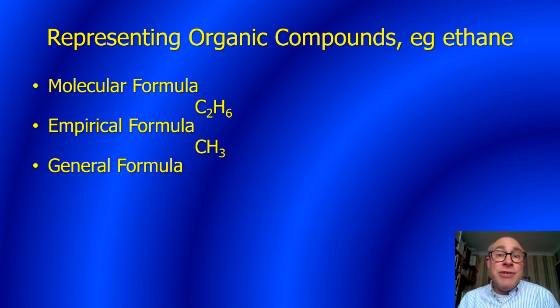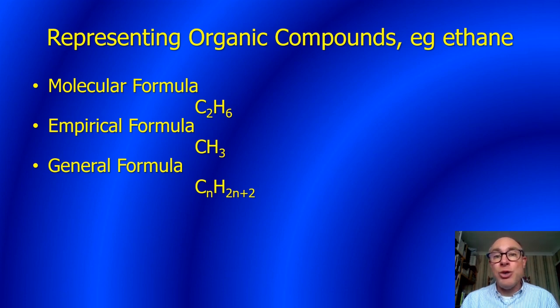I mentioned on the previous slide the idea of a general formula. The general formula for a compound is where we use an algebraic representation. So instead of putting a number for the number of carbon atoms, we use the letter n to represent the number of carbon atoms. And for an alkane, which is what ethane is, the general formula is